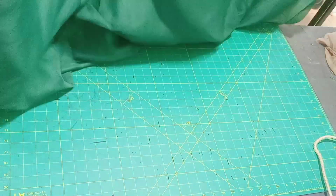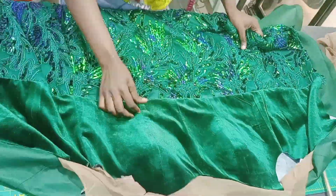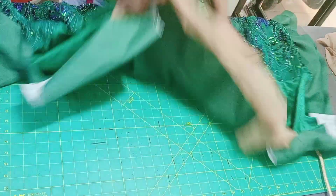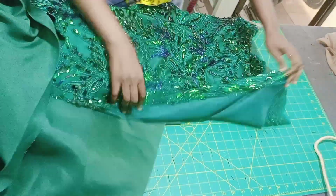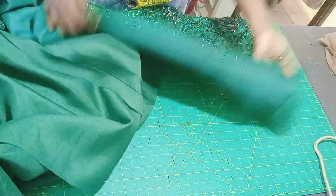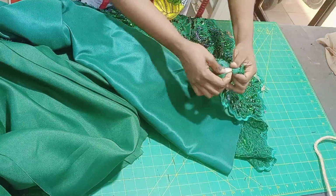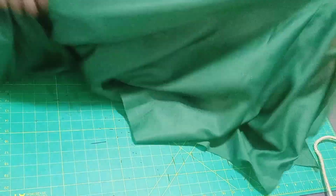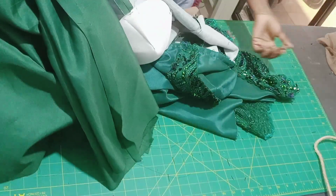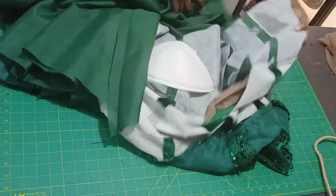Guys, so I've joined the upper borders to the lace, to the down part, and I have also joined the lining to it. Now you can decide to just leave it that way, separate lining and separate lace, that's the edge, and you just fold here into two. You sew it round. I've done a tutorial on how to use your lining to turn your lace without it affecting your lace edge. So what I will just do is